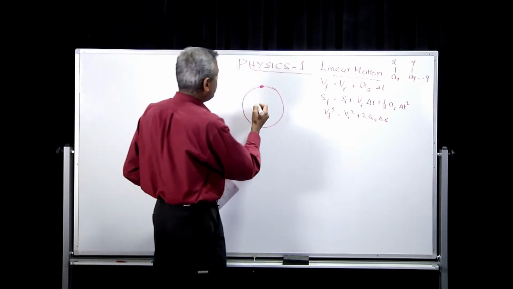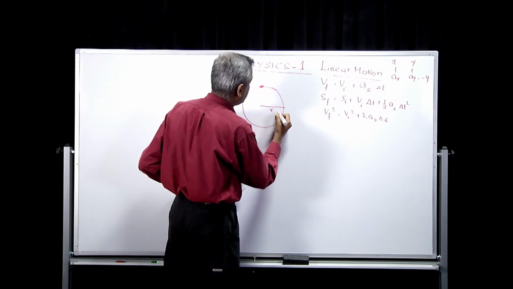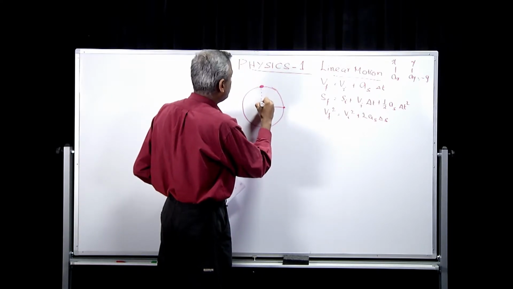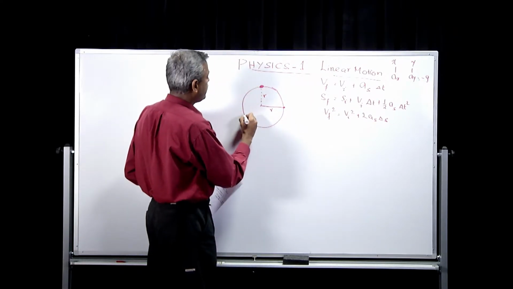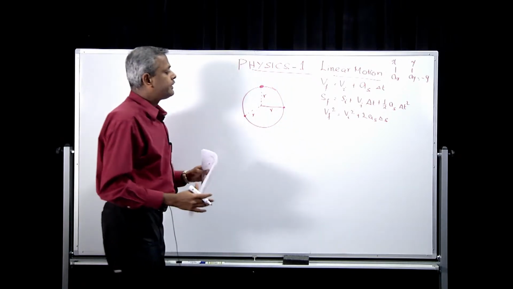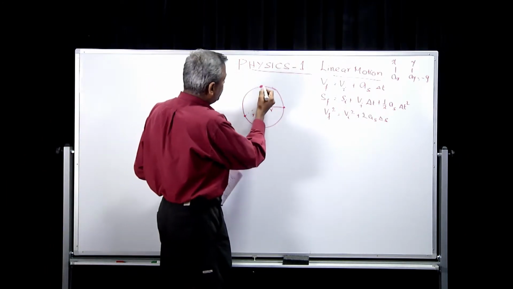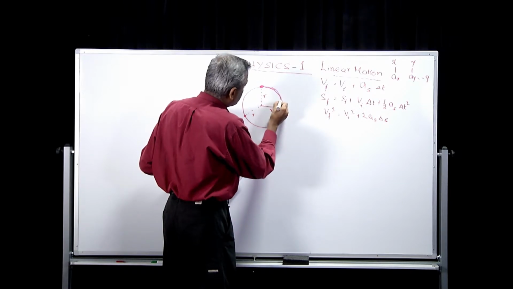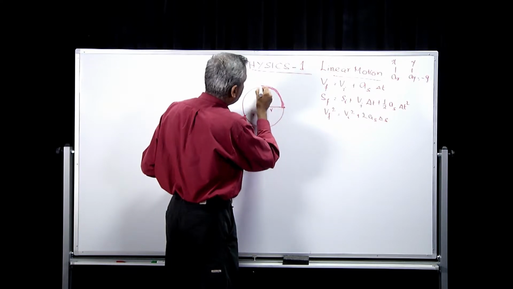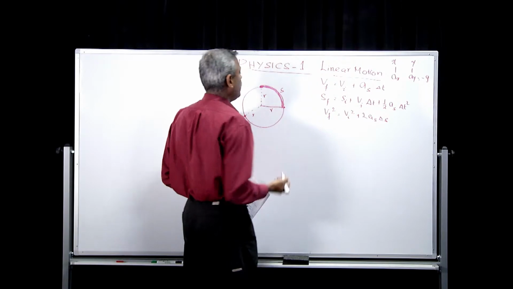So, the particle from the center of a circle, the radius of the circle is always r. You pick up any particle. If I pick one particle here, still the radius is r. If I pick one other particle, still the radius is r. The radius of the circle is r, and then you take a circle. So, this forms an arc. You see, this forms an arc. The arc is nothing but your S,